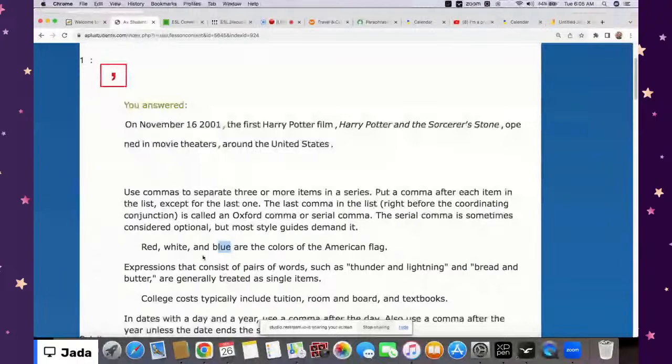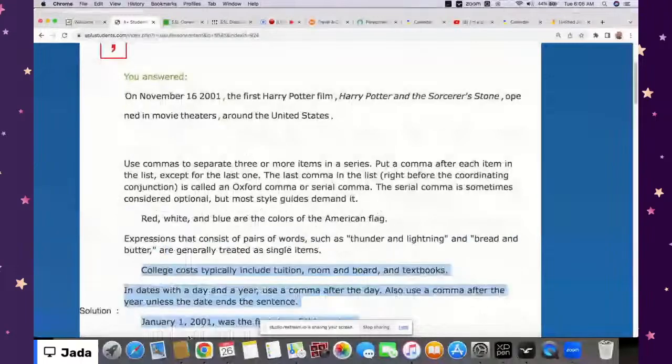Expressions that consist of pairs of words such as thunder and lightning and bread and butter are generally treated as single items. So now we have some pairs of words, and those words are just expressions, and you have them in quotation here. Okay, so they are all treated as a pair of words. So you do not need to put a comma in between. It's like they're together, it's a pair. Bread and butter, yeah, it's a pair. So you don't need to put a comma after bread or after thunder. Okay,